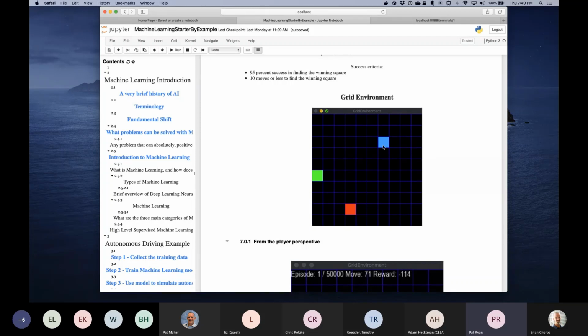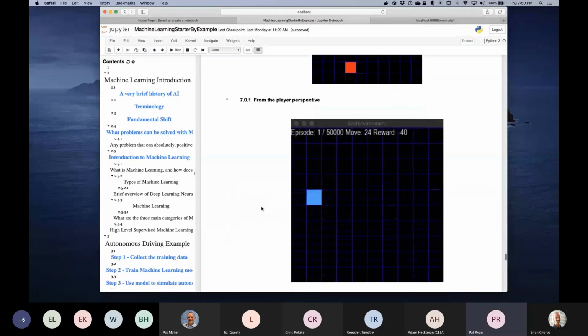The blue square, which is going to be a blue dot in the actual implementation because software versions change. So the blue dot or square, the job of this game is to randomly run around this game board and find the green square. When you find the green square, you win. If you find the red square, you lose. Now, the only thing we're going to tell the blue dot is how far away you are from the green and the red, but we're not going to tell it which one's green and which one's red. We're just going to say, here's the distance to one of them, and here's the distance to the other.